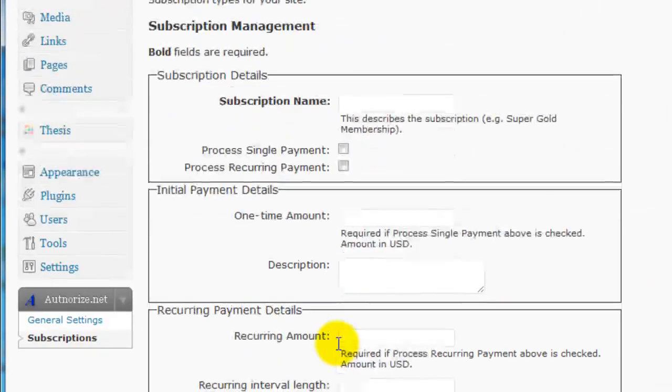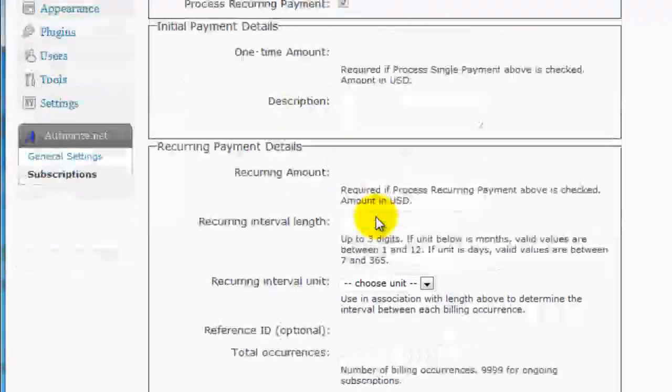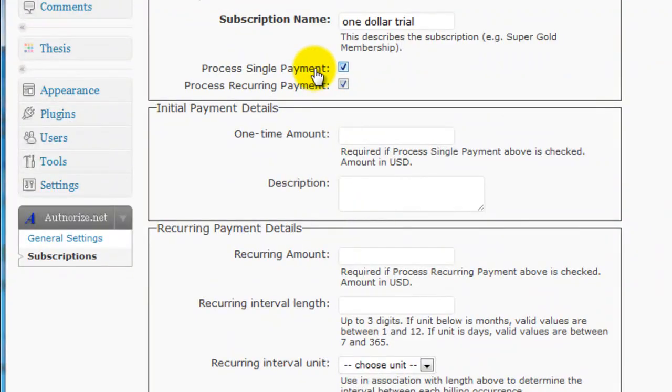So what you want to do is for each subscription model that you have, whether it's gold, silver, and it's virtually limitless how many you can pursue, you want to come in and set up a subscription. And each subscription can have a combination of a single payment, a recurring payment, or both. So let's say we have a $1 trial, and we want an initial single payment of $1 and a recurring payment of $17. So what we'd do is we'd check both of those, and we'd say the one-time amount we